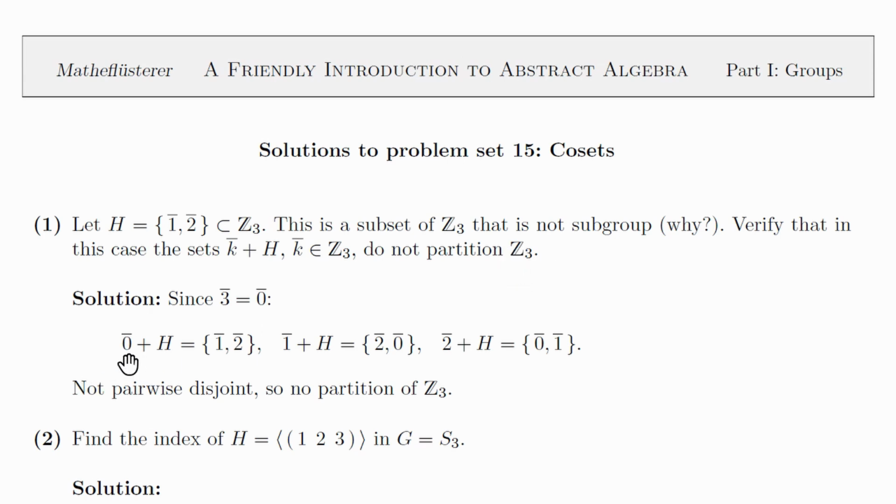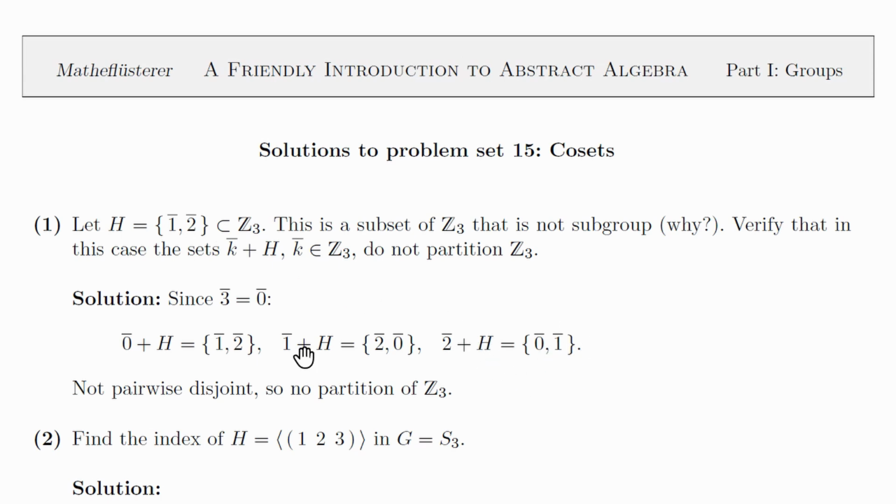Okay, this is easy. We simply take a look at the cosets. 0 bar plus this set gives me 1 bar and 2 bar. 1 bar plus this subset gives me this subset, and then, because 1 bar plus 2 bar equals 3 bar, which is 0 bar, I end up with this 0 bar here. And finally 2 bar plus this subset gives me 0 bar, 1 bar, and 1 bar here because 2 bar plus 2 bar is 4 bar, which is the same residue class as